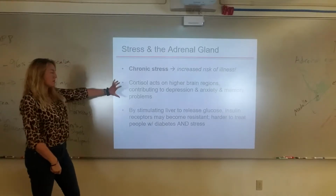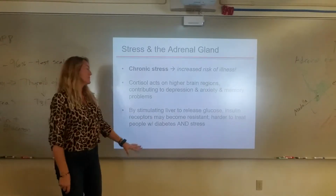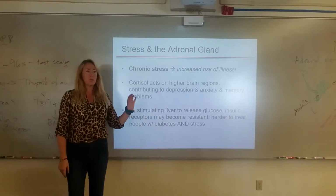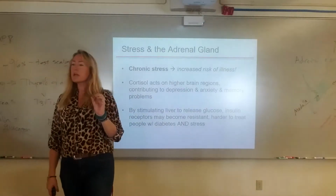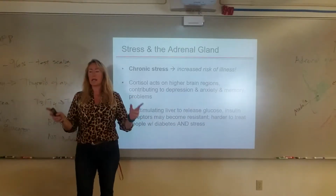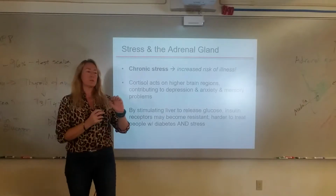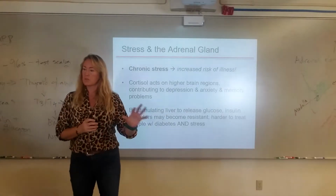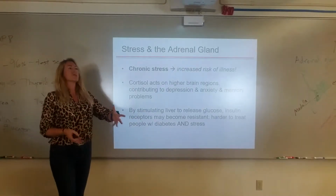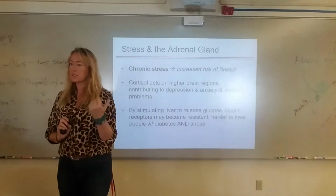So in chronic stress, you start to have sugar metabolism problems, insulin-resistance problems, and you can see that if someone has diabetes, it becomes way harder to treat somebody with diabetes and stress, that combination, because they're getting blasted with sugar, blasted with insulin, blasted with sugar, blasted with insulin. So even when you give them medications to make them more sensitive to the insulin response, it's harder when someone